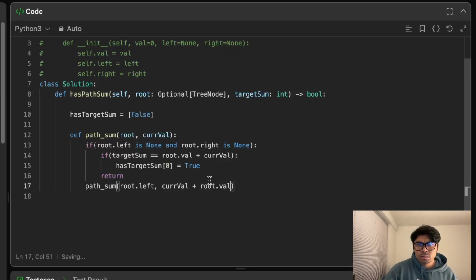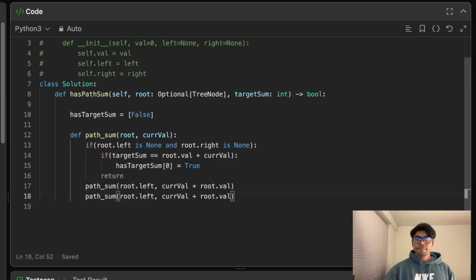I'm adding the root dot val, and that means this is going with so far whatever I have collected as part of the current val. So don't wonder why we are adding the root value here, because so far we haven't added the root value of root dot left. Okay, same thing